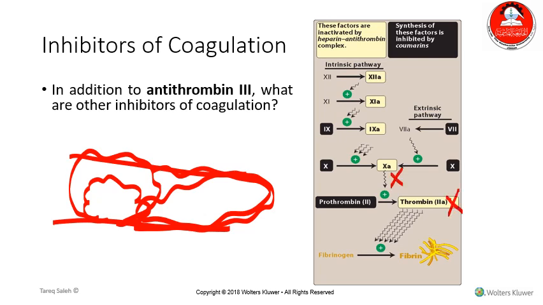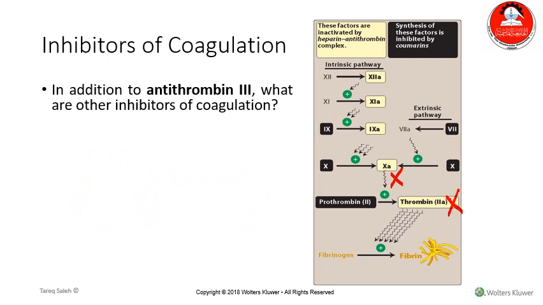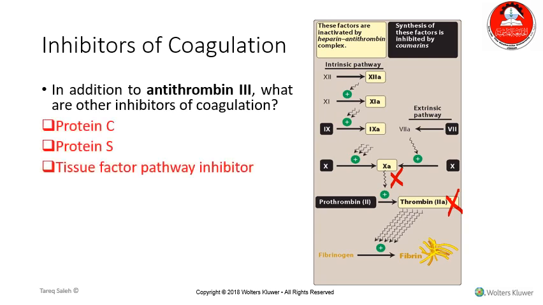activated factor 10. In addition to antithrombin 3, we have other proteins that also exert the same function, including protein C, protein S, and tissue factor pathway inhibitor. All these factors, in addition to antithrombin 3, can inhibit the coagulation factors